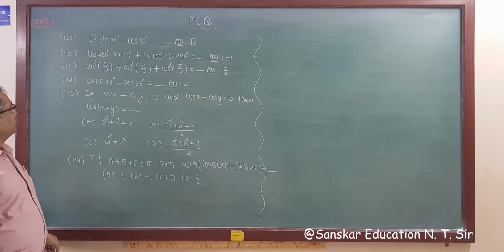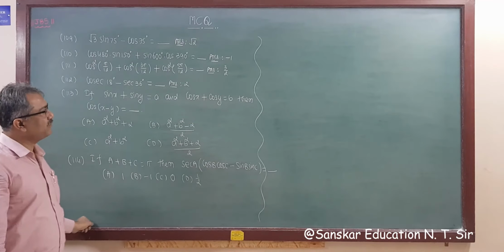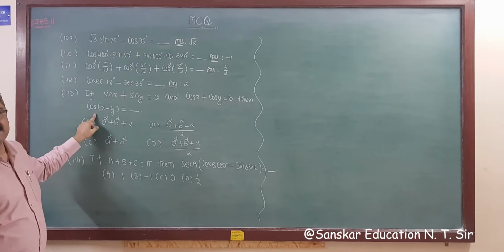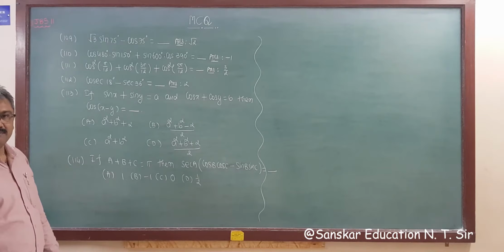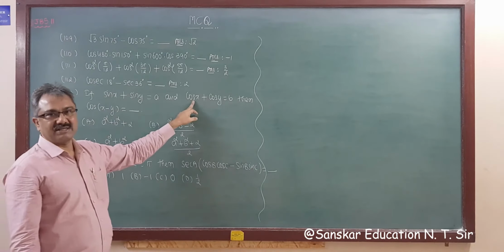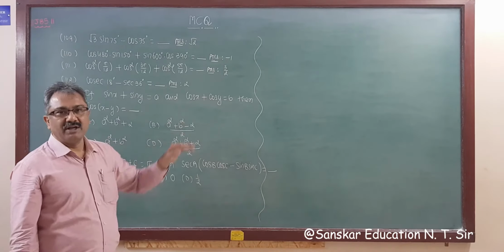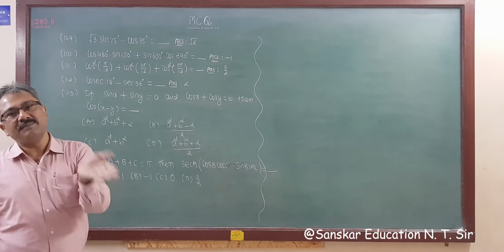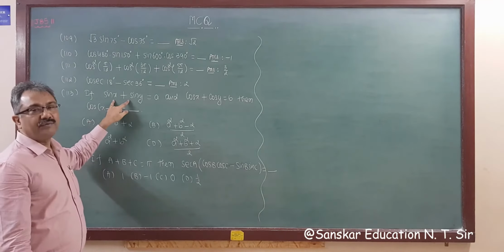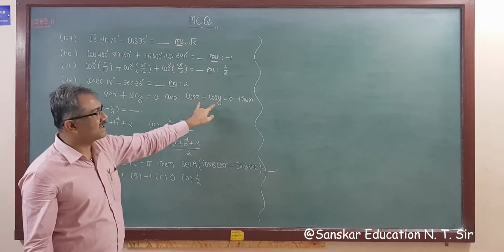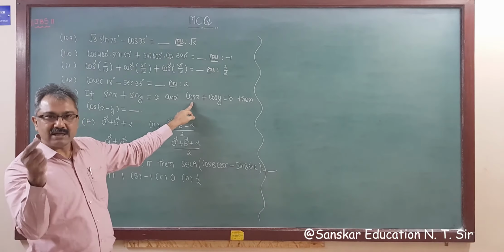Now 103. If sin x plus sin y is equal to a and cos x plus cos y is equal to b, then we have to find out the value of cos x minus y. No idea. You don't know what to do. So at that time, you have this sin x, you have cos x, sin y, cos y. Means you have the identity sin square theta plus cos square theta is equal to 1. How do you get this sin square cos square here? If you square. So squaring this and this both, and then if we add, then we get sin square here, we get cos square here. So these are the hints.